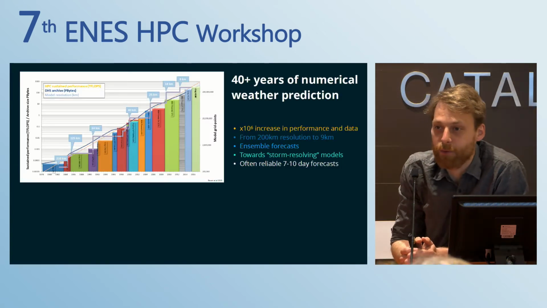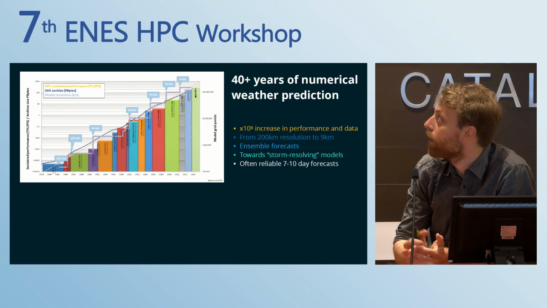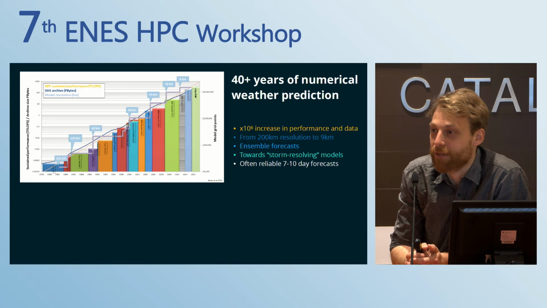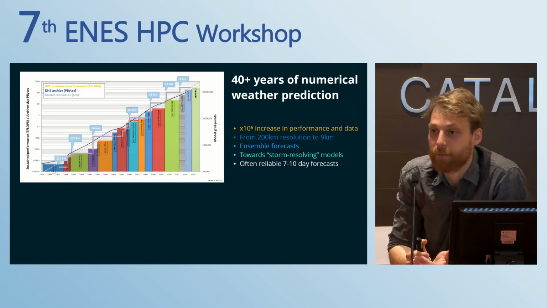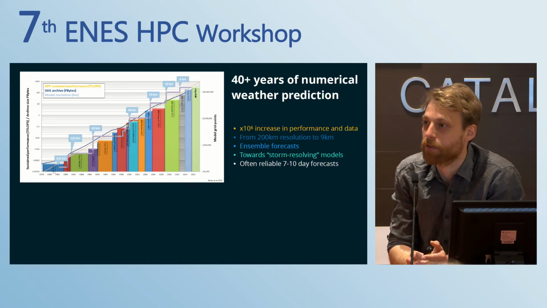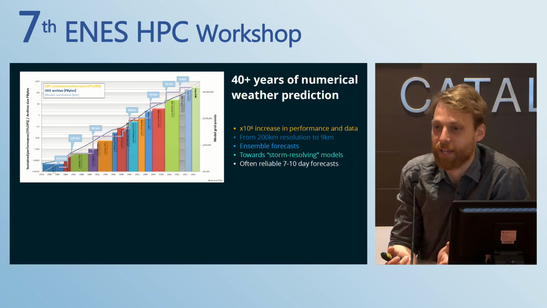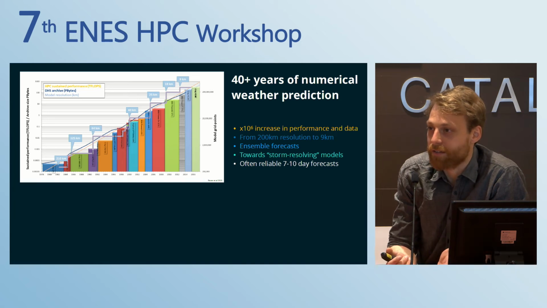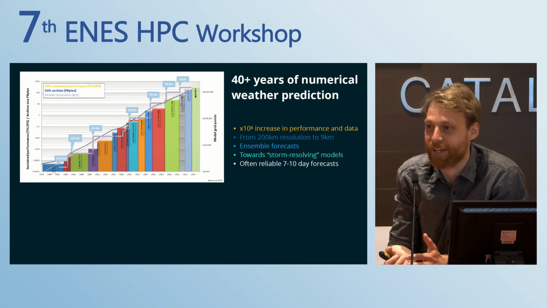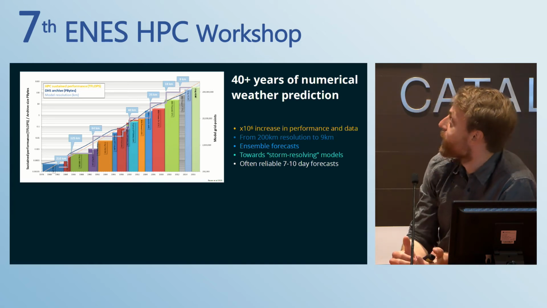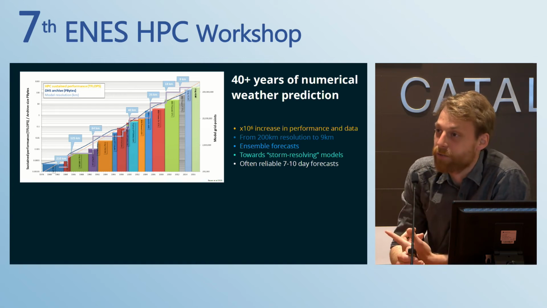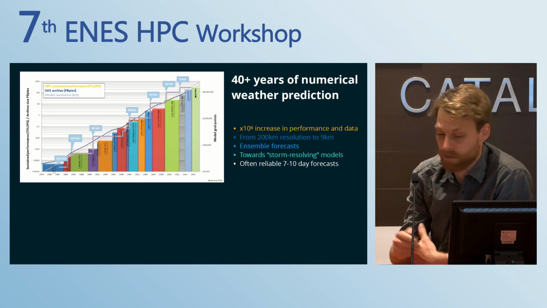So you've seen this plot before. I think it came up on Monday already. Great, we had an exponential increase in computing power, yay. But we also had an exponential increase in data. And this is from ECMWF's scalability programme. So I think ECMWF now stores something like half an exabyte or so. And the questions are obviously, A, how do we analyze it? How do we share it? I think even ECMWF had to get a couple of lorries together in order to drive their data from Reading down to Bologna, which is almost ridiculous, that you get the biggest bandwidth by driving lorries. But during these 40 years of progress at ECMWF, actually,